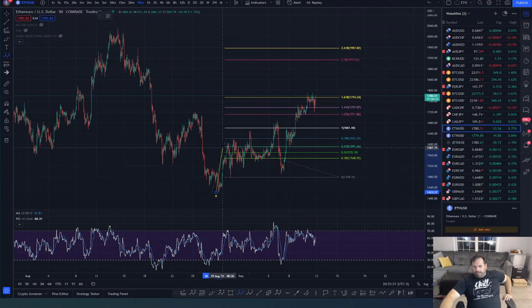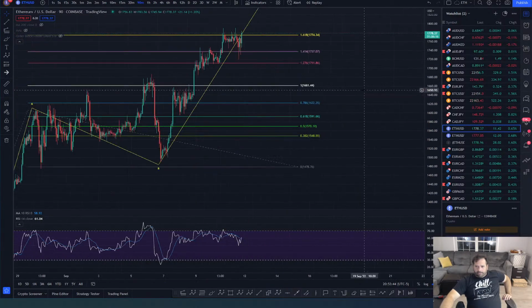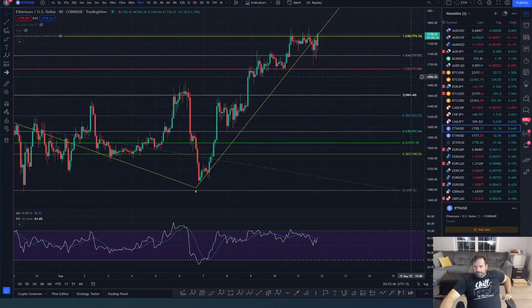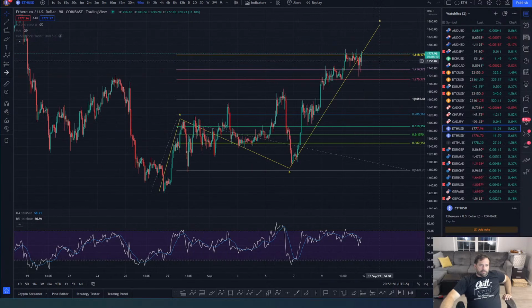You got an A wave right there. You got a really convoluted B wave. But there's a flat, is all it is. Expanded flat with an ugly B in the middle. And then we're getting C. And we're in the fourth right now. In the fifth, really. We finished the fourth. We're in the fifth now. And that's all that's happening right now. Best I can tell, this needs to go up and finish the fifth wave. And that's what we're doing, best I can see.